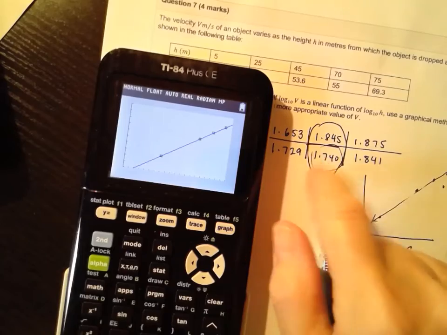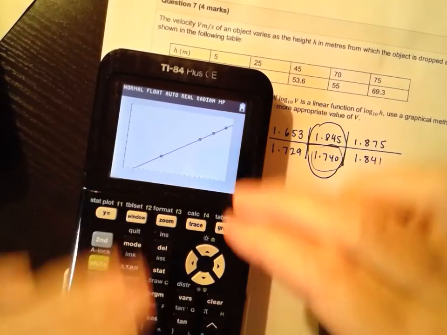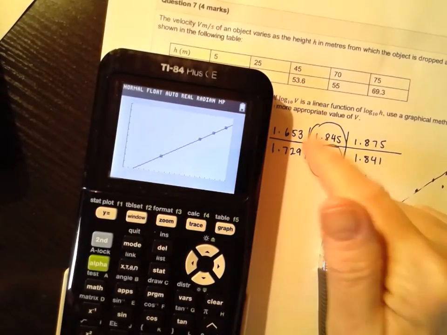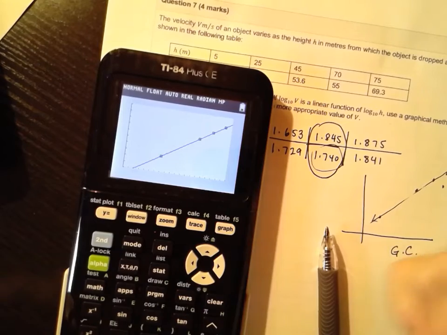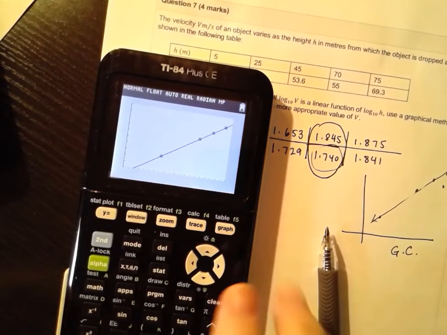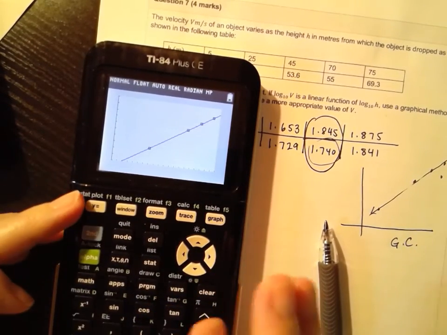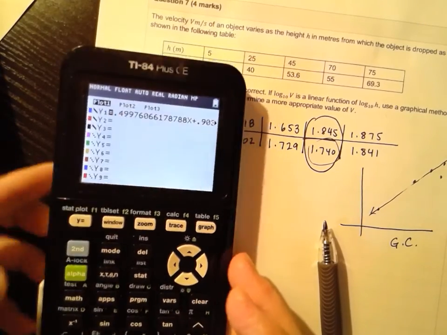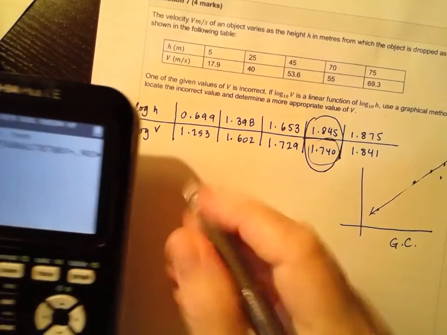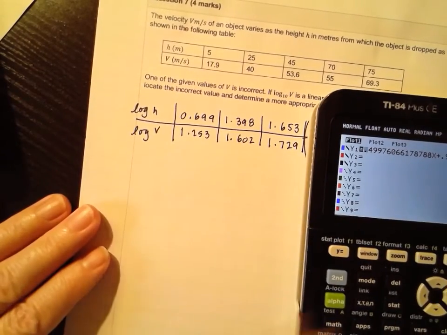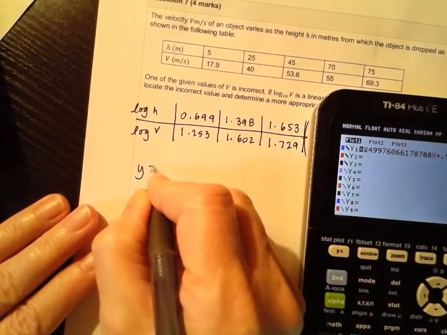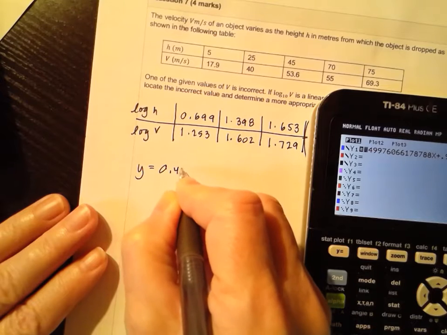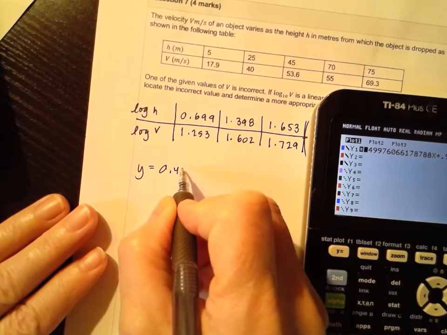Now, if I had left that point in, the equation would have been shifted down a little bit because that outlier would have pulled it down, so that's why I needed to take it out. So you have a choice of one of two things you can do here. You can get that equation, it's sitting there, and you can write down that your equation is y equals 0.4,